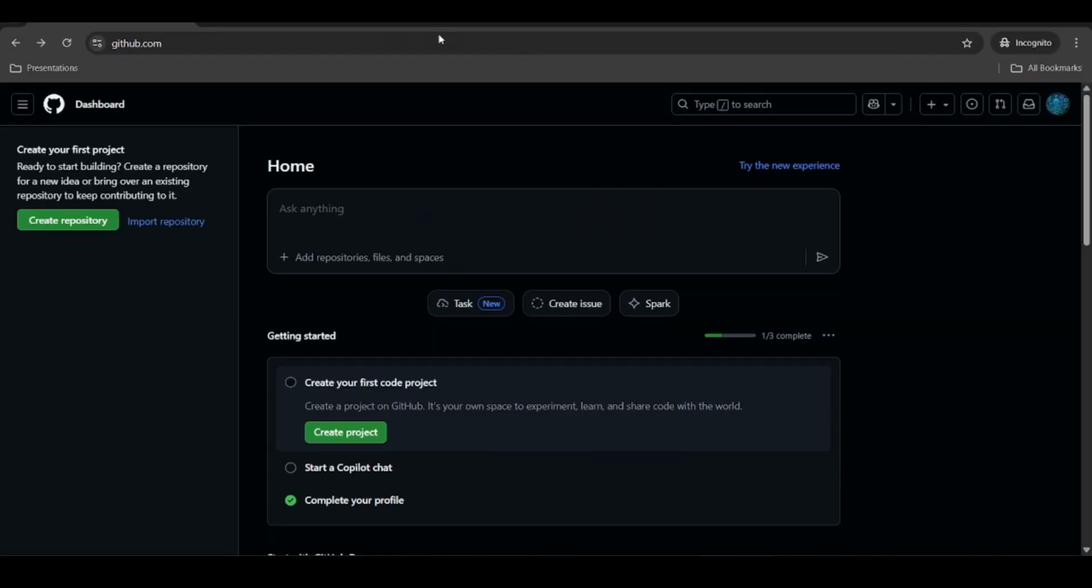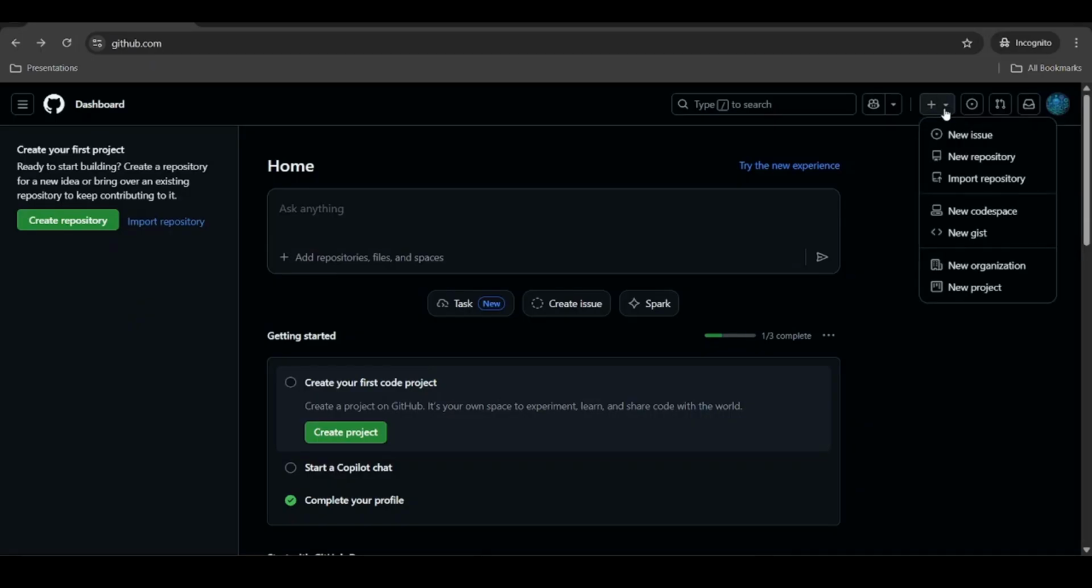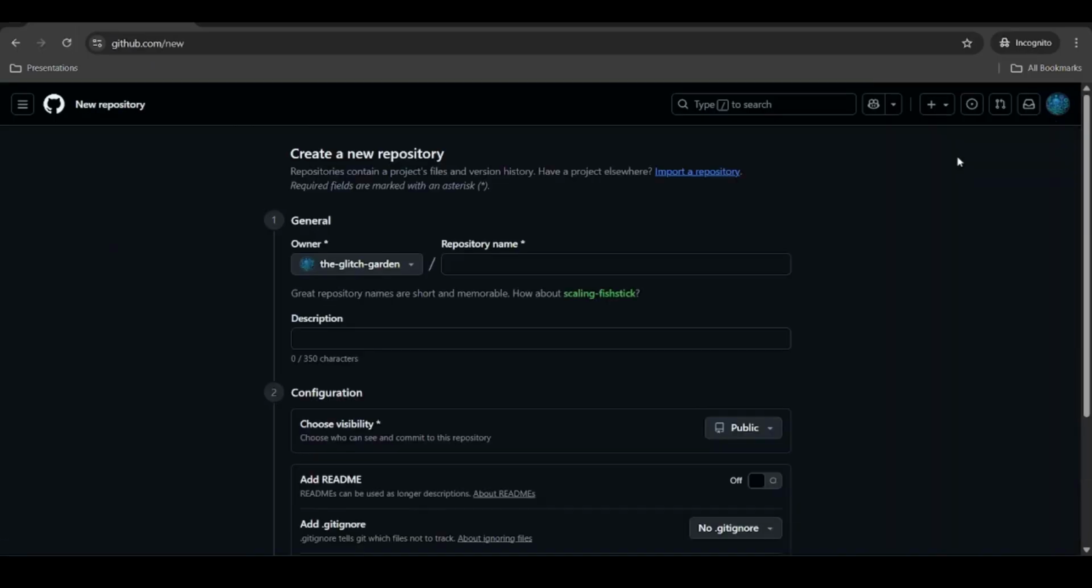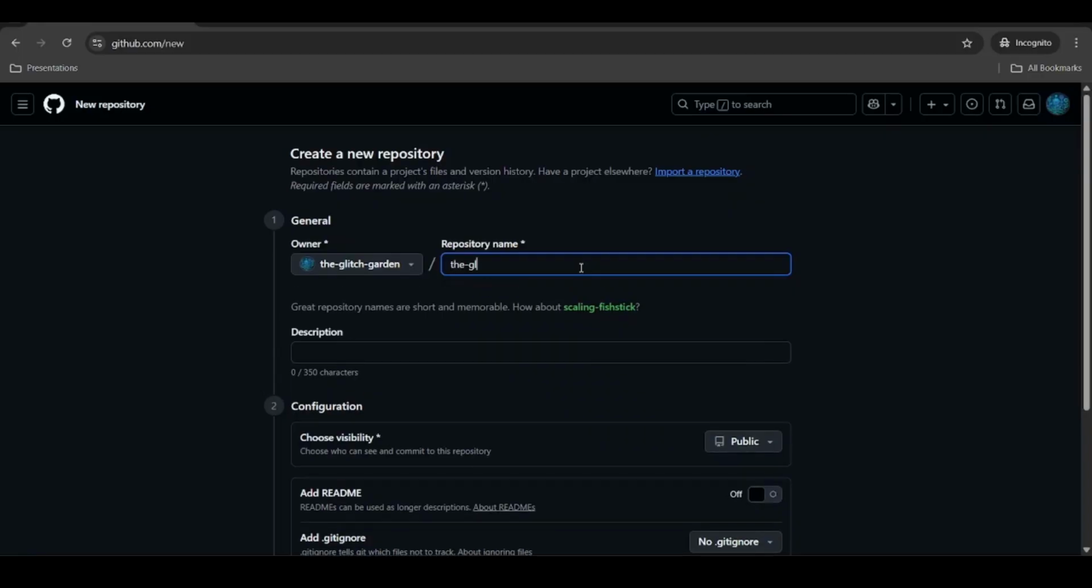Once you are signed in, this is how your page will look. This is a fresh account, so currently I have no repository here. What we will do is, you see a plus button here. Click on the drop down and there you will see a new repository. Click on it, and let's say we create a new repository here by the name,